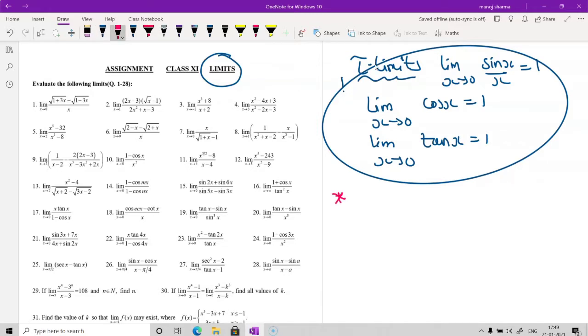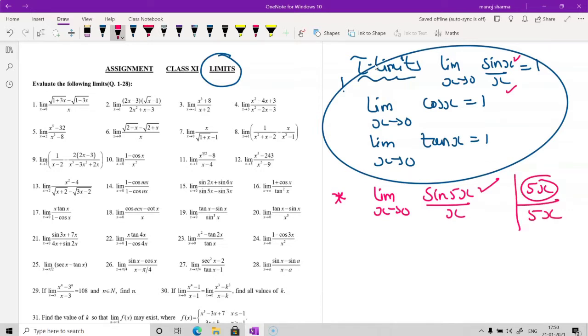Taking into account how to simplify this particular question, if we have sine 5x upon x. Now ideally I have to see that x is now associated with the 5x. Previously it was x and x. So I need 5x in the numerator, that is there. So denominator 5x is required. So what we are supposed to do, if I multiply denominator by 5, it becomes 5x. But what about numerator? I have to do the same.